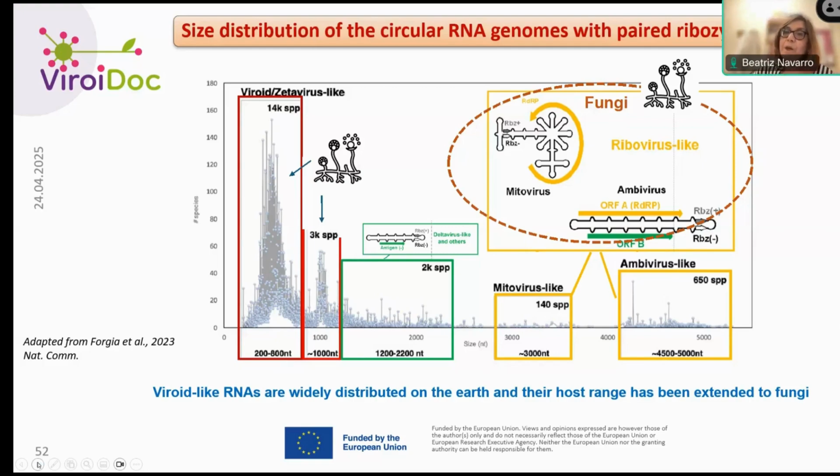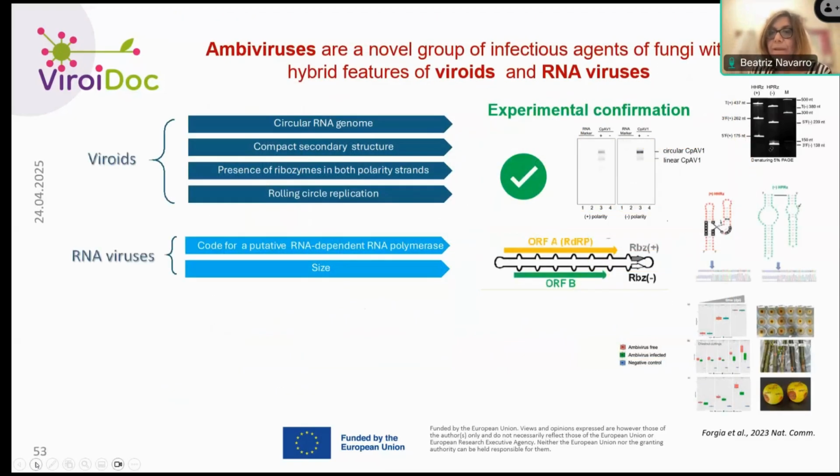because one of the limits of this search in high throughput sequence data, this bioinformatic, in silico result, is that in metatranscriptomic data it's very difficult, and sometimes impossible, to obtain the host, and also the sample where the data was obtained, and you cannot confirm your results. In our case, it was possible, and we confirmed this for the ambivirus.